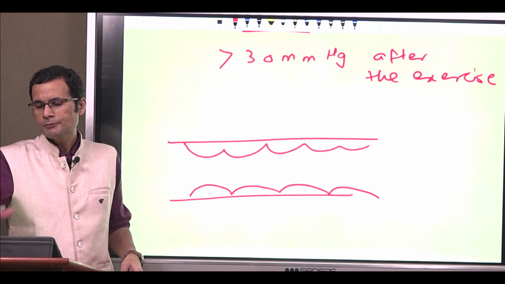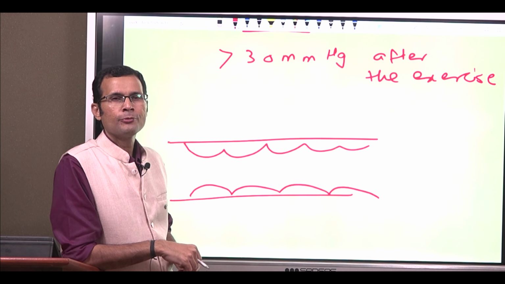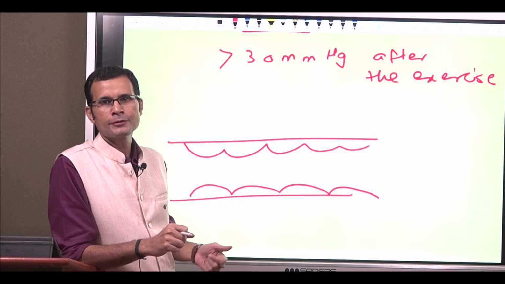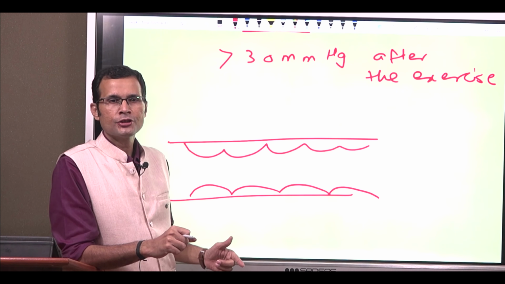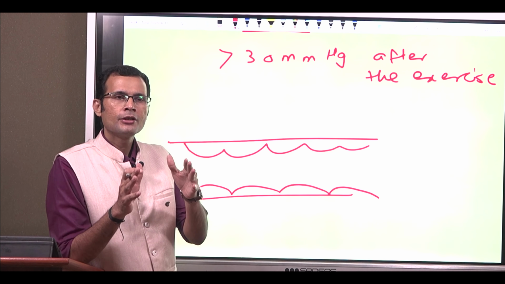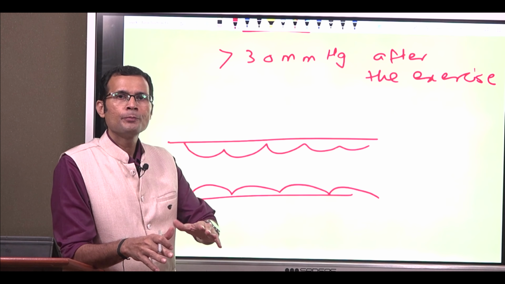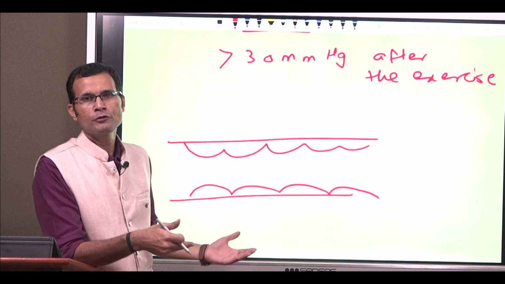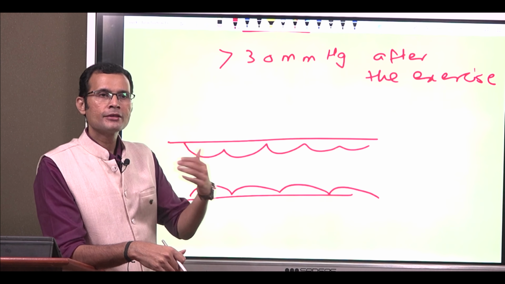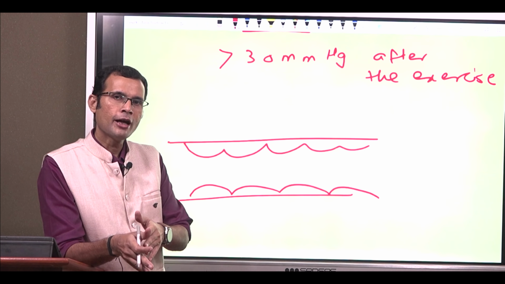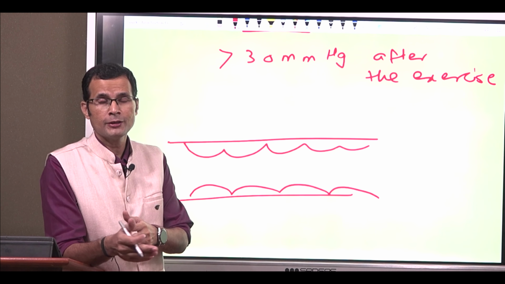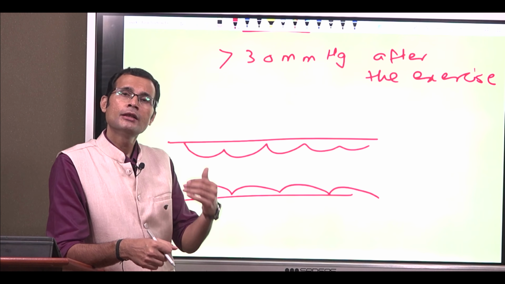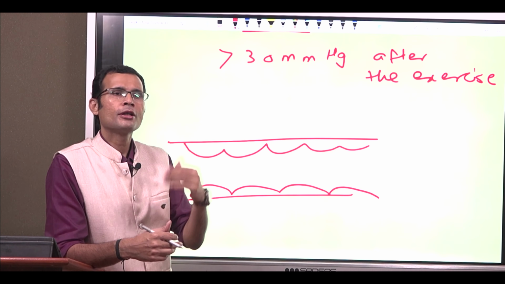So, that is a summary of the pulmonary vascular resistance and pulmonary hypertension. I have deliberately restricted the scope of this video into the physiology rather than talking much about the pathophysiology. We will discuss about the pathophysiology of hypertension or pulmonary artery hypertension in the next video or in some other video.